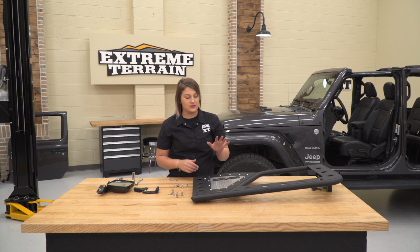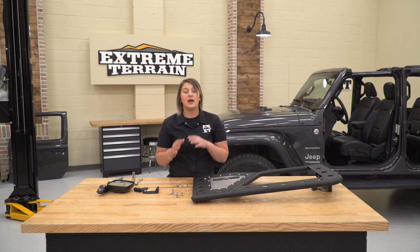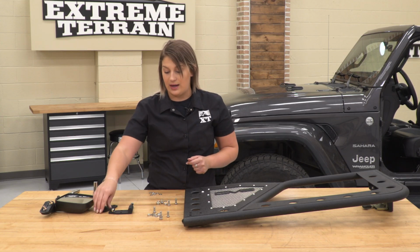So our next step is to prep our doors. Now our front doors are not going to come with pre-installed hinges as well as the mirrors that are in this kit. So we do have to put those on before we can mount them up to our Wrangler. Now our rear doors do have the hinges already mounted on,